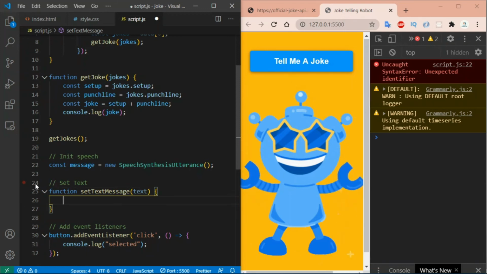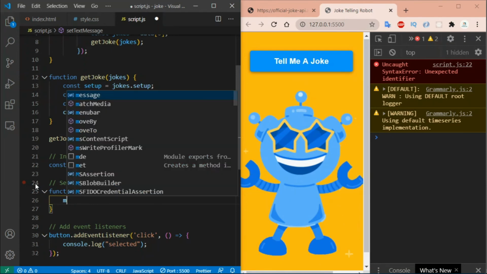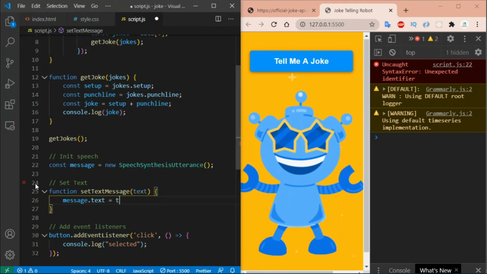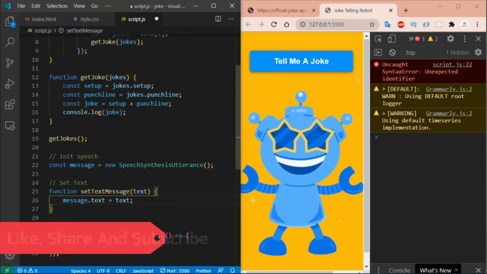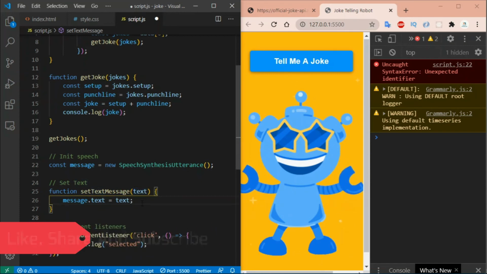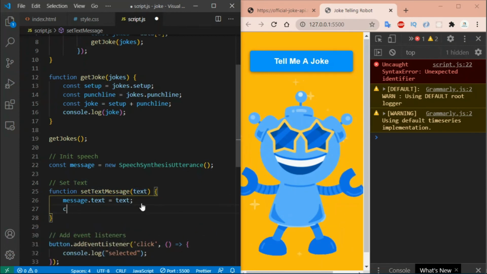So inside the message variable there is one property called text, so I am going to use that. message dot text is equal to text. This text is an argument which we are passing here. Okay, and then console.log text.